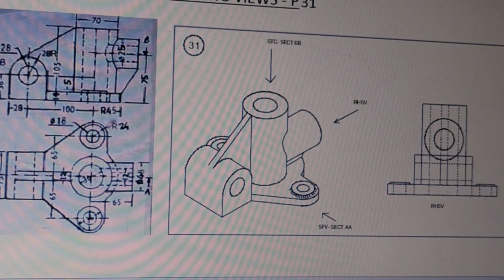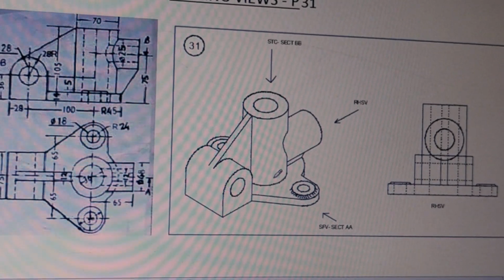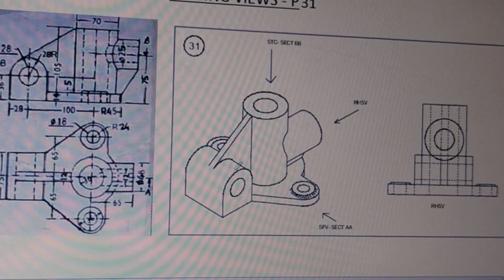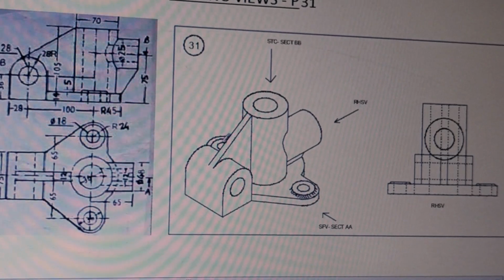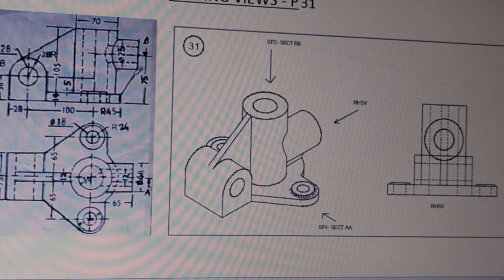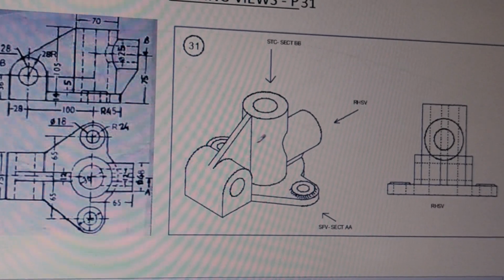This base is given this kind of a shape on both sides, and then there is a raised surface here. So this is the base extended like this, and also on the other side there is a raised surface with a hole. Then there is a rib here. Now this rib is slightly seen here, and it is a bigger rib which is seen here.